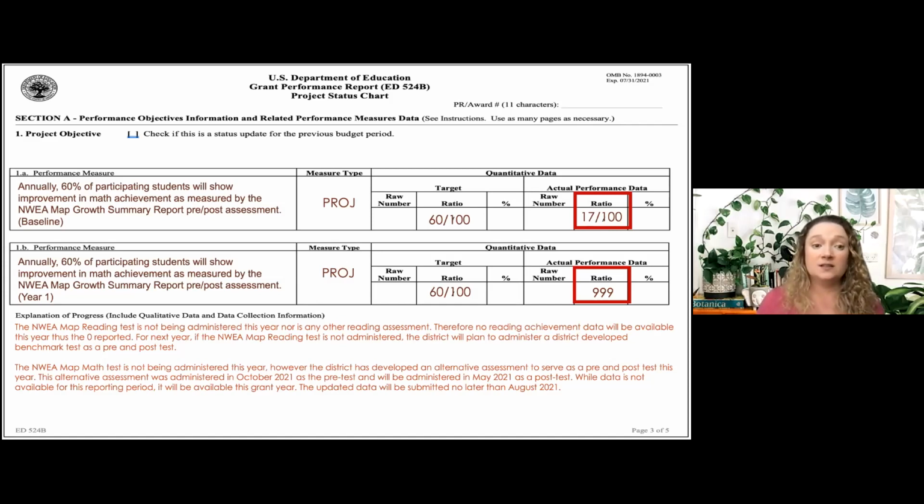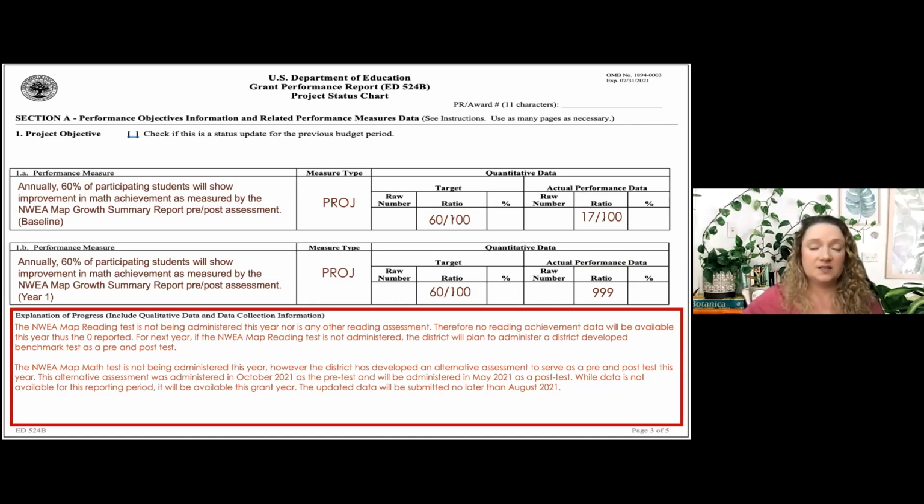That's because I'm saying we're going to give a test that I can report on, but we just haven't given it yet. I'm going to have that data before the end of the grant year, but I don't have it as of the end of March. And that's okay. Then I include my explanation of progress. Again, this is an abbreviated version because I'm just trying to give you an example on the slide, so keep that in mind.